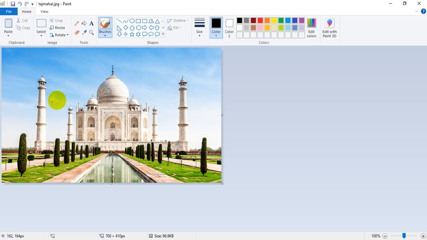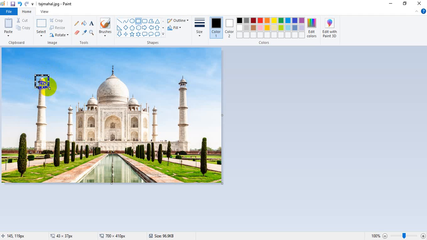Now the first thing is that we have to create a rectangle, because we have three valid shapes: one is rectangle, one is circle, and one is polygon. So just go inside that shape and take a rectangle. I am going to draw a rectangle on the left column of the Taj Mahal. For example, I have created this. Now I have to take the coordinates of two points.